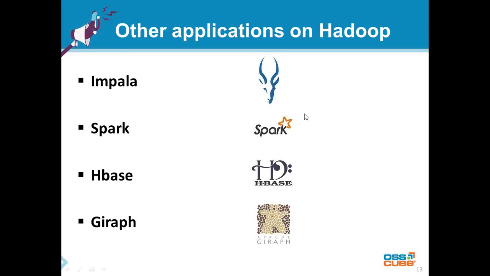So Impala supports SQL queries. You can write SQL queries to access the data on the HDFS with a little bit of support from the metadata. You can write queries instead of MapReduce and then get your data out. Spark, on the other hand, is very powerful. We'll briefly speak about Spark as well. It's a very powerful and